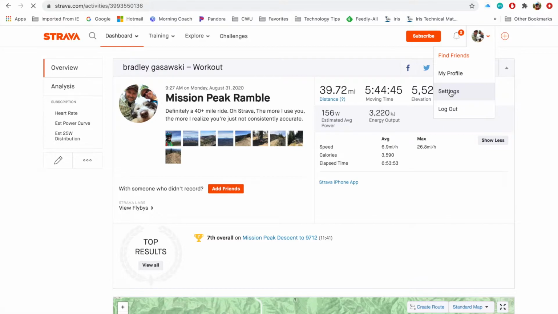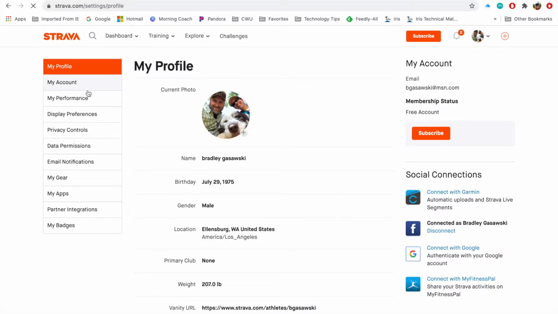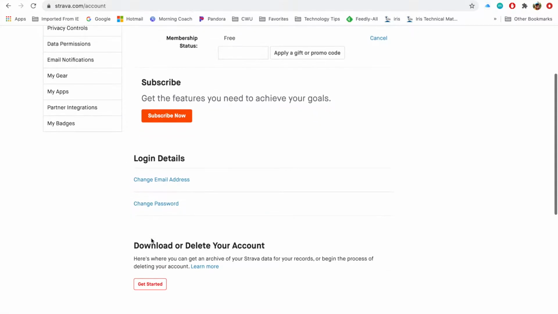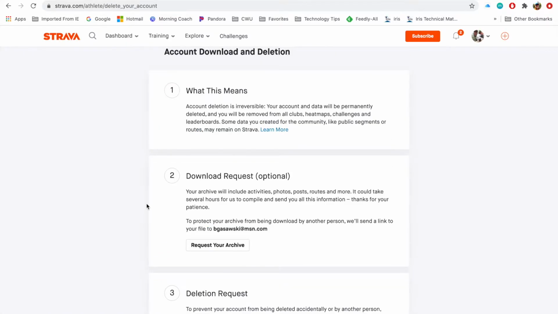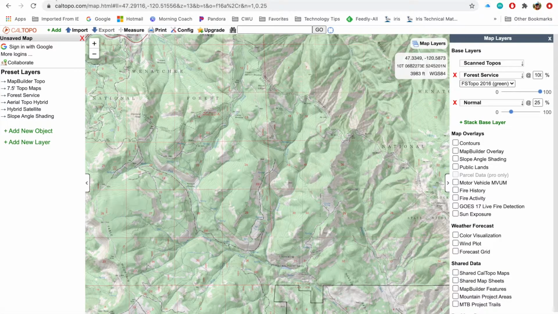So we'll go in here to settings and then my account, and down here click on get started under download or delete your account, and there's a 1, 2, 3. 1 just gives you some more information. You can go down here to 3 to delete your account, or you can request an archive. Now if you request an archive and you're requesting a lot of data, they may ask you for a smaller request, or they may send it to you in batches. Nonetheless, there are 2 ways that you can get your